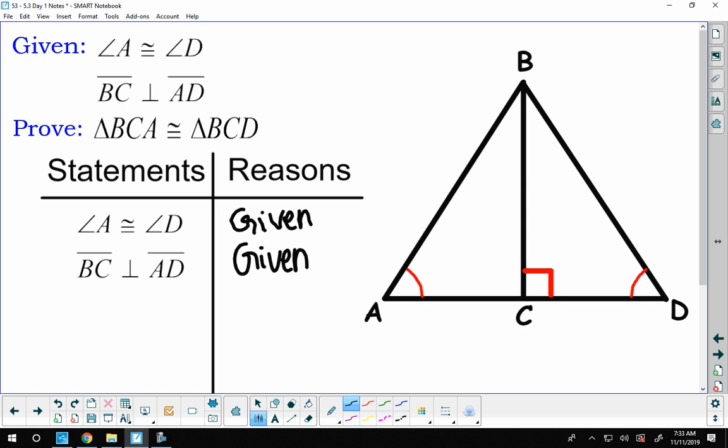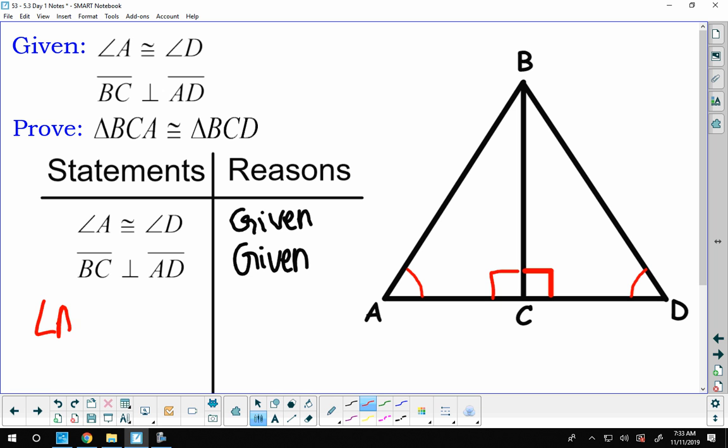But if BC here is perpendicular to segment AD, then not only is this a right angle, but this is also a right angle, right? Because that's what perpendicular means. It means that it forms a 90-degree angle. So because we know that, we actually know that angle ACB is congruent to angle DCB. So we can say